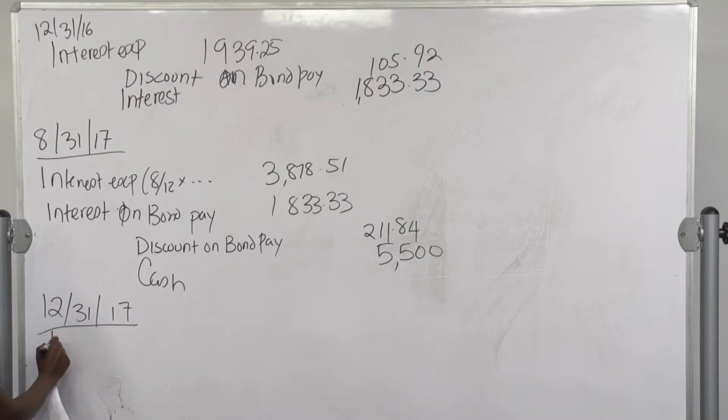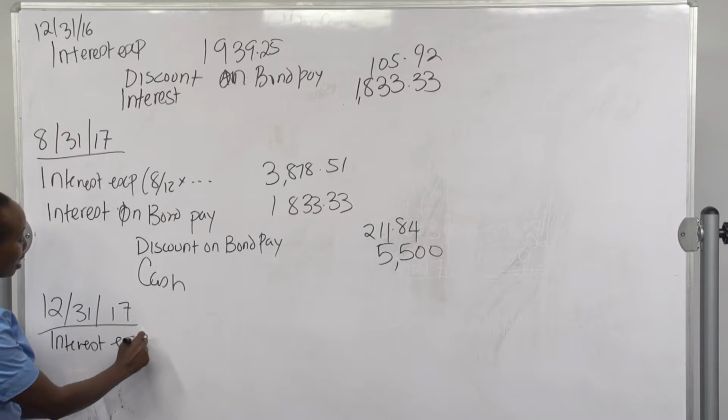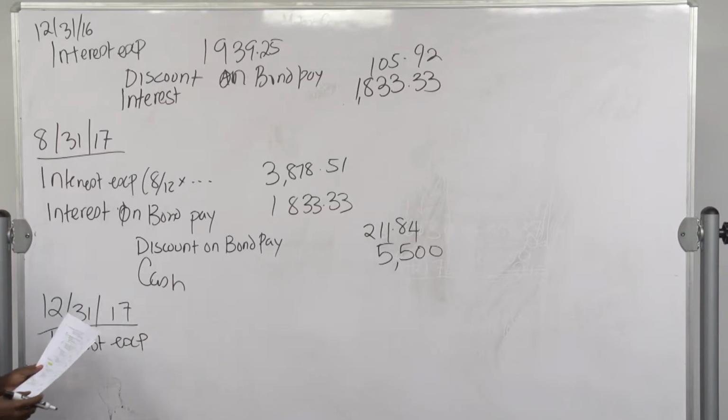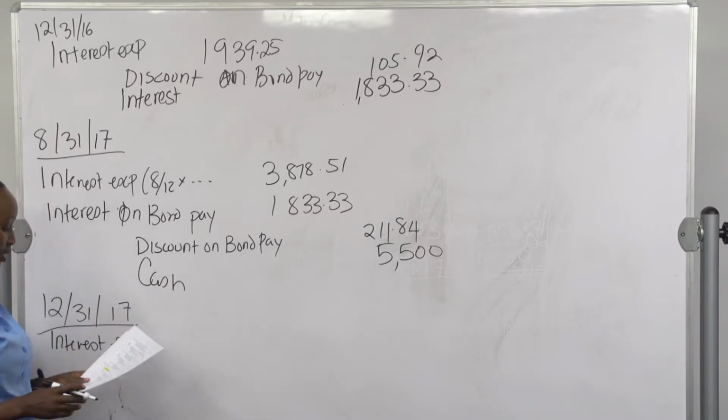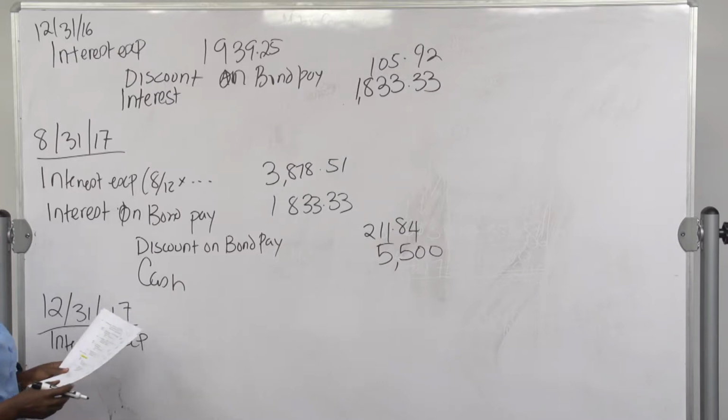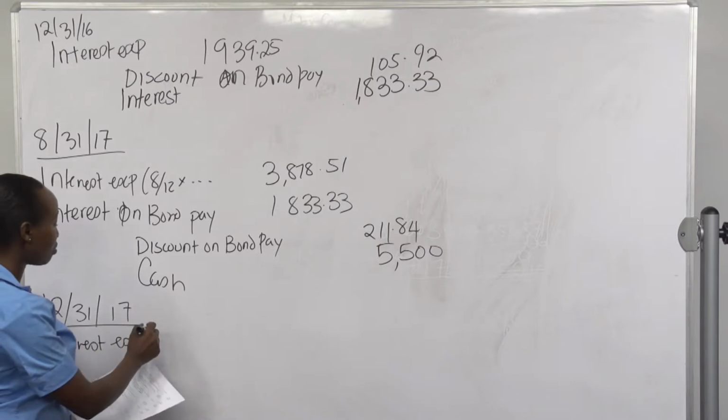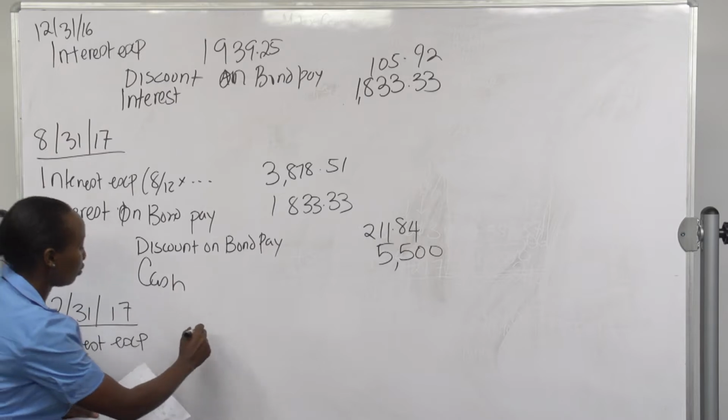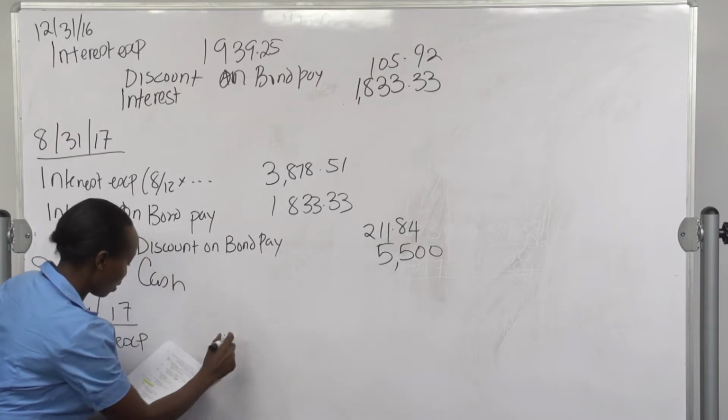So that's what we use for the interest expense. So we take the last carrying value from our amortization table as of this date, multiply that by the yield rate times 4 out of 12, and we end up with